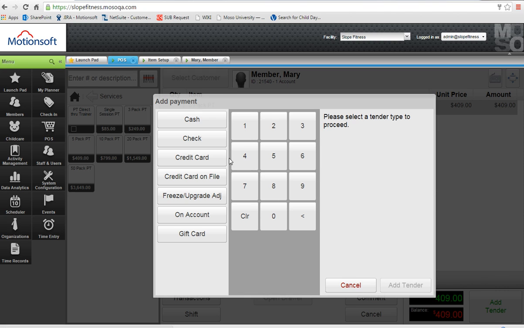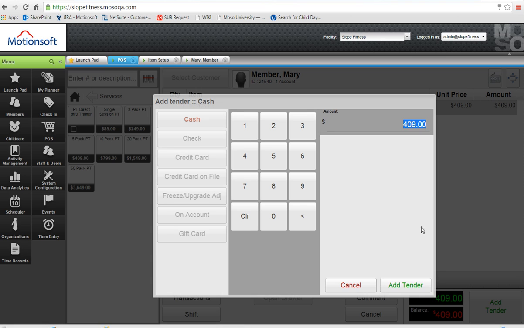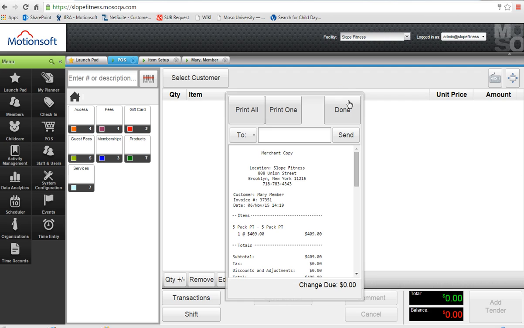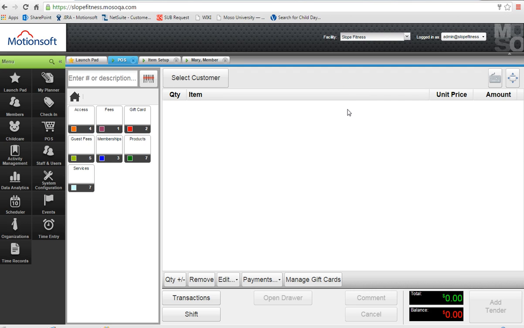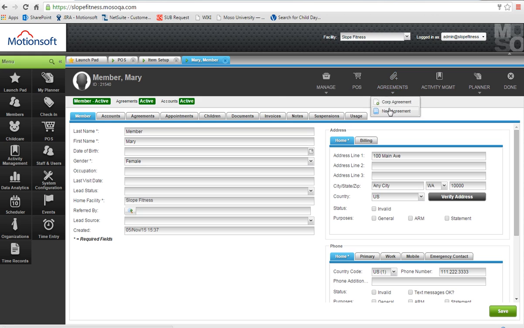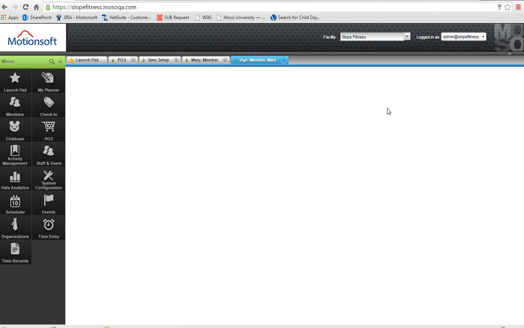So if we add tender, I'm going to pay for these sessions with cash and then finalize the agreement. Great, so that's the first place that we can see Expected Service Provider. Now the second place we're going to look is within an agreement. So if you sell personal training as an agreement, this is going to be something you want to take a look at. So if we're going to go to agreements, new agreement, and we're going to sell Mary a personal